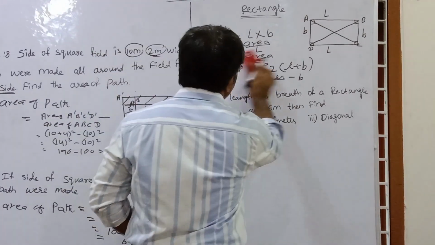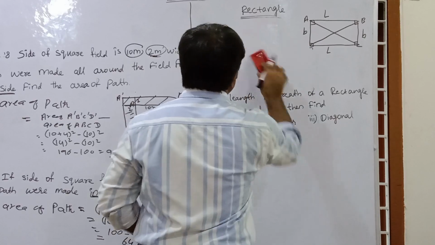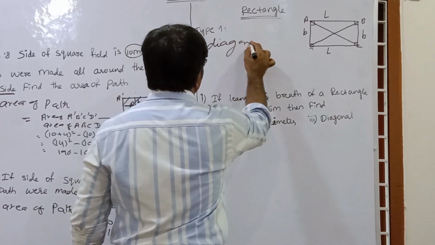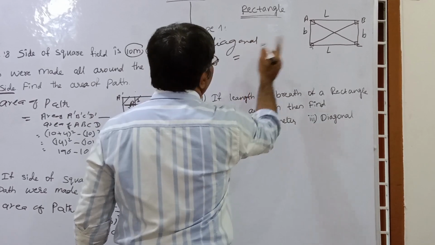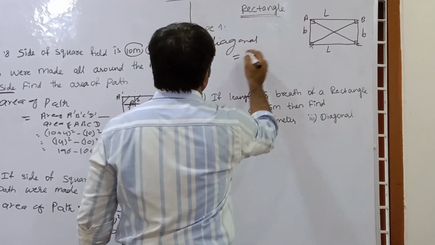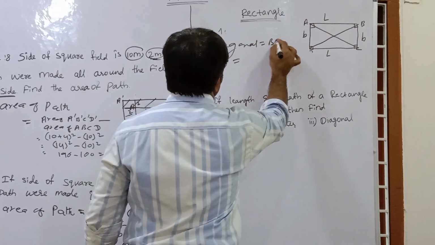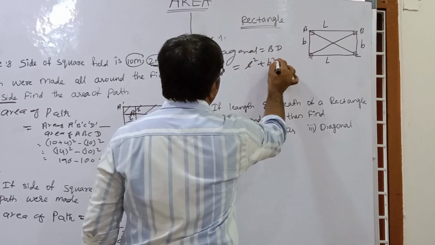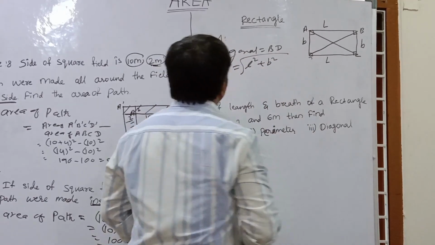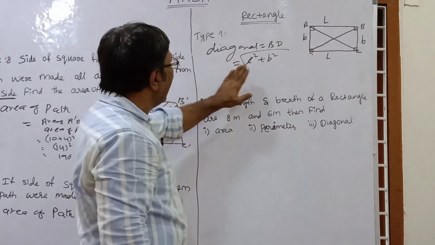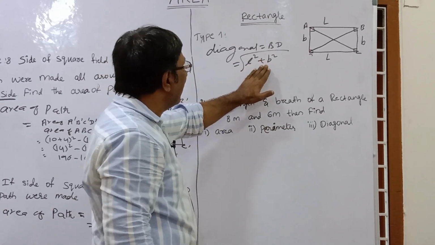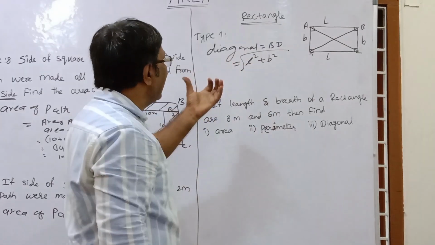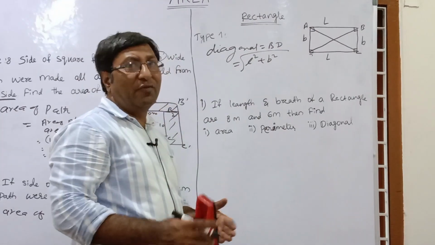In the same way, if this is a diagonal, what is the diagonal formula? Diagonal is BD. So diagonal BD equals the square root of L square plus B square. So again here, diagonal is the square root of length square plus breadth square. So if diagonal, length and breadth, three terms are here, and any two terms are given, we can find the third term